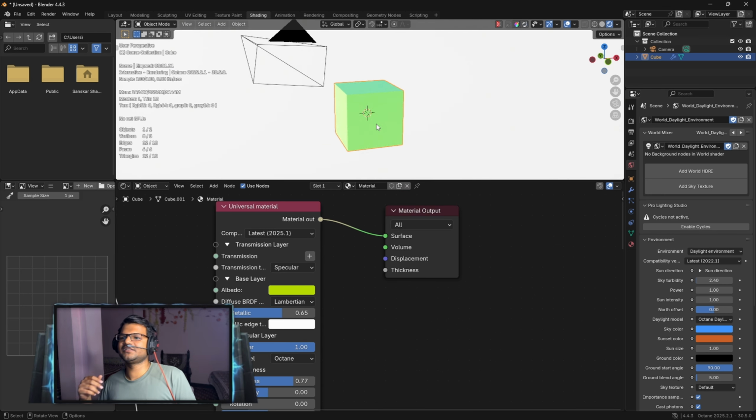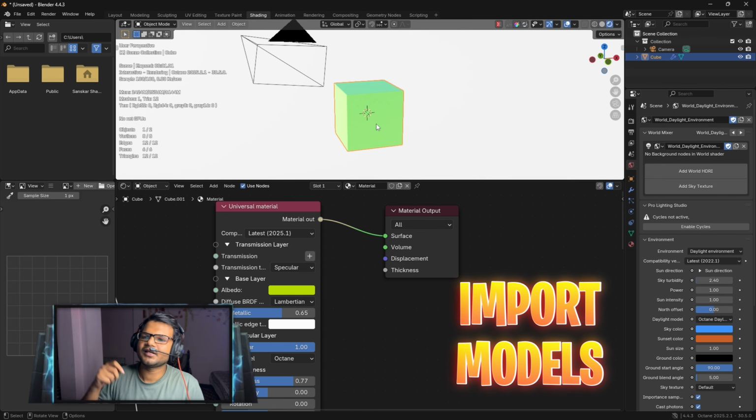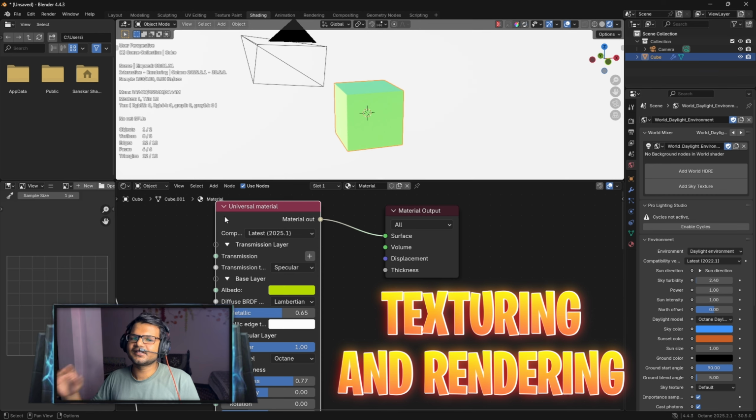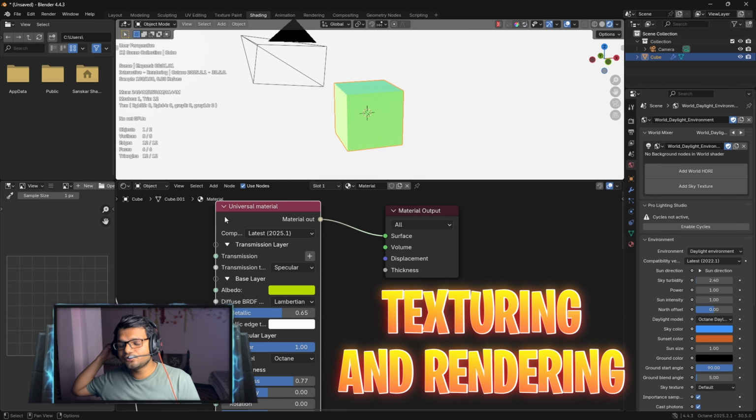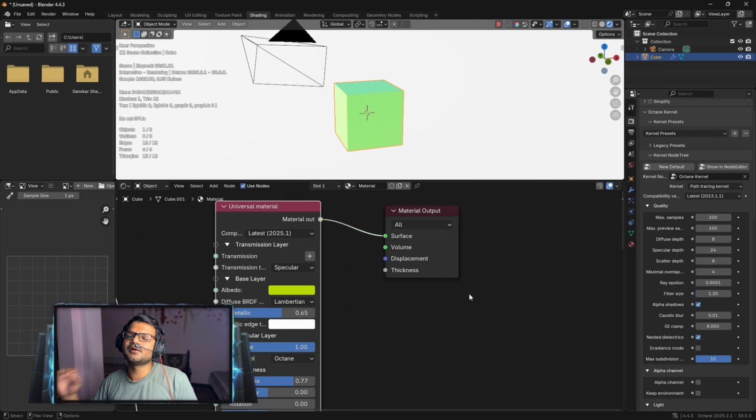So this was the basic setup of Octane, and in the next video I am going to tell you how to import a Marvel Rivals model in Octane, how to texture the characters, and then how to render those characters. Even the rendering is very complicated in Octane, but believe me guys, the quality will be amazing. You will be amazed how perfect your skin looks. I know the setting up of Blender Octane is a bit complicated, but it's worth it guys, it's worth